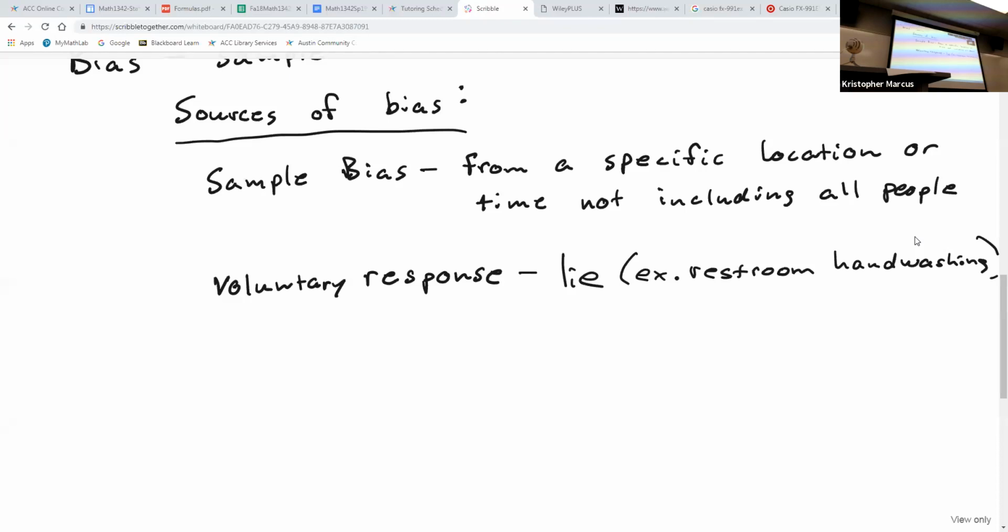One is somebody finishes their business and they see the person scribbling and making notes, so they feel like they better wash their hands. But I think this could actually work in the opposite direction. I can just imagine going in there, standing, doing my business, thinking the whole time, what is that perv looking at? Just hoping to get out of the bathroom as quickly as possible. I may not even be able to do my business. So this could cause somebody to go to the bathroom but quickly run out and not wash their hands because they're being monitored. And that would also create bias if that person normally washes their hands.